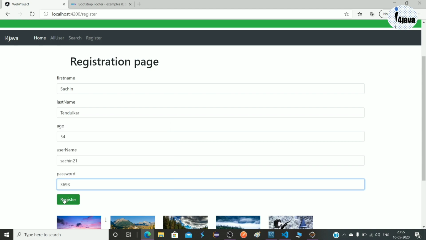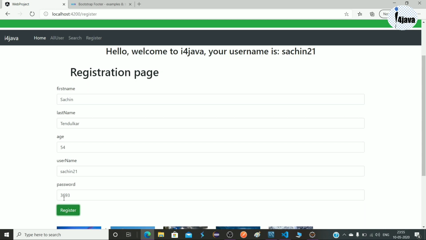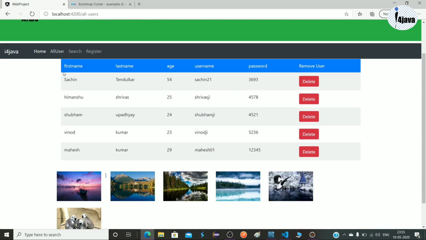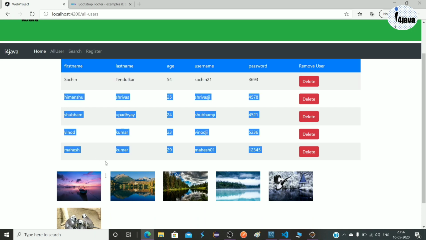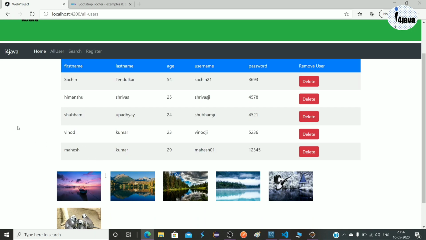Just register. Okay, so here you can see Sachin is registered successfully and the response is coming from our Spring Boot API. So here you can see Sachin is stored. These records I previously stored, so they are showing because it is retrieving all the records from there.